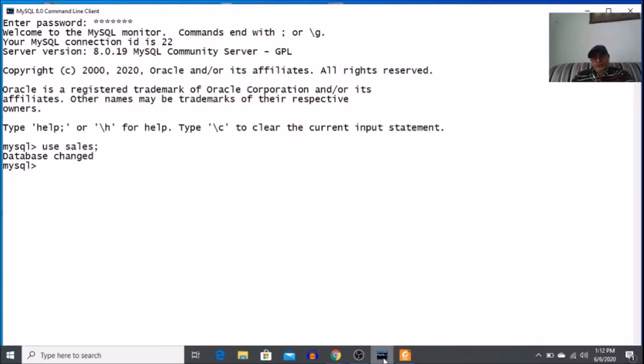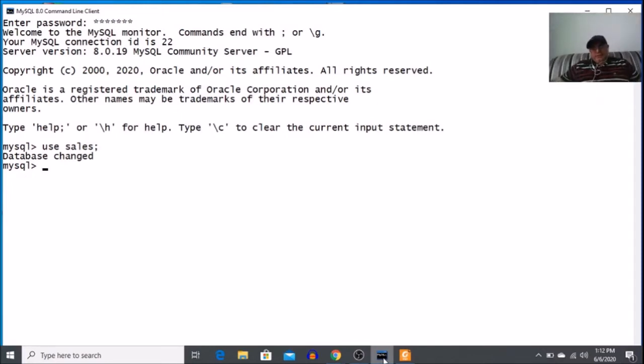To demonstrate these join operations in MySQL, apart from the product table, I'll be using two more tables. Their names are xorder. Why have I given the name xorder instead of order? Because order is a reserved word of MySQL and it cannot be used as a table name.